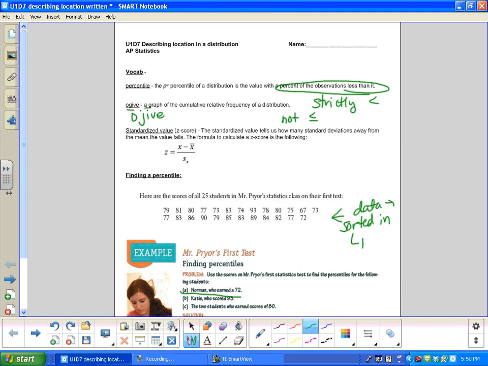I don't really know how to pronounce it phonetically, but I think it's cute. You get to say the word jive. Plus, it really looks like it'd be "ogive," but it's not. It's ogive. And so when we talked about histograms,